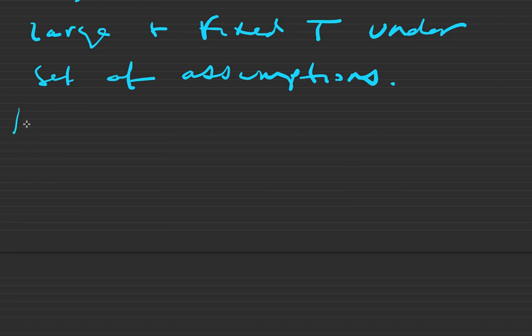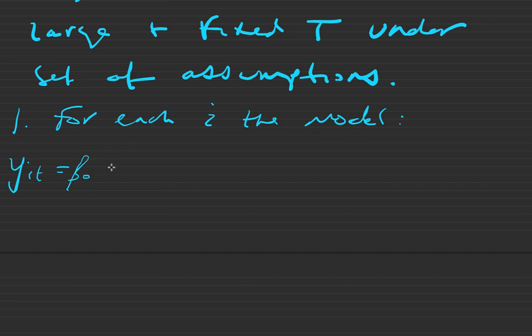First, for each i, the true population model is given by the following. y_it is equal to, let's include, beta naught plus beta 1 x1it through beta k xkit plus a_i plus u_it for t equals 1 through T, where the beta j are the parameters to be estimated, a_i is